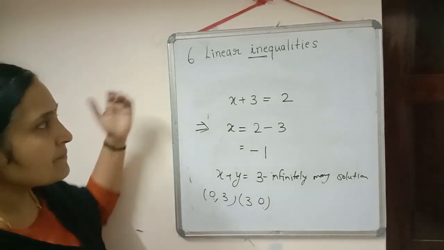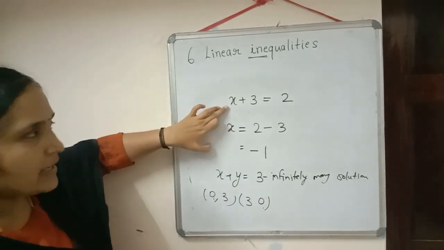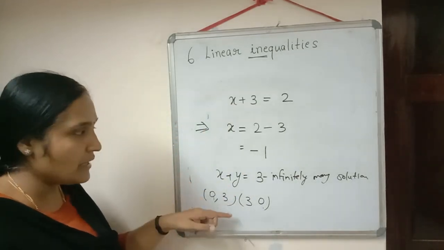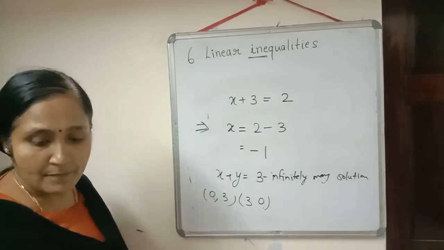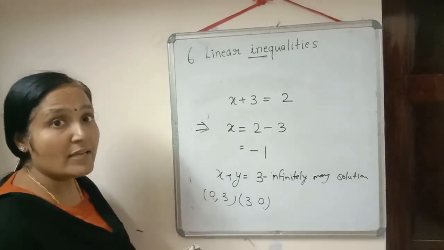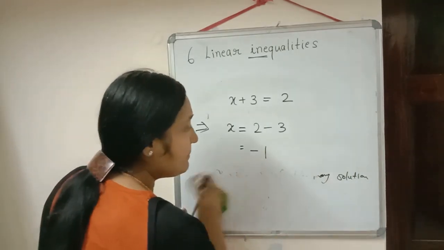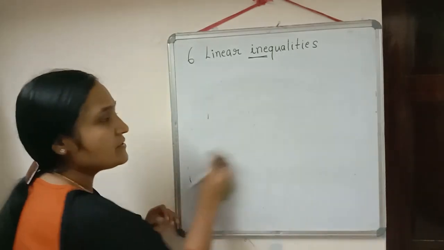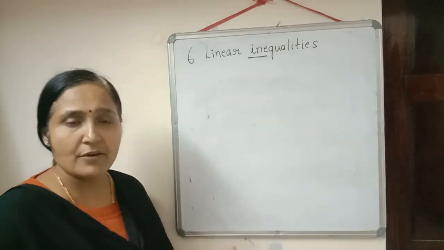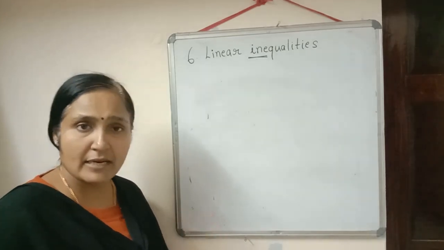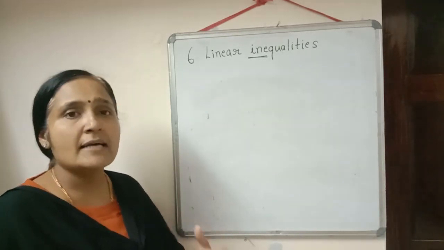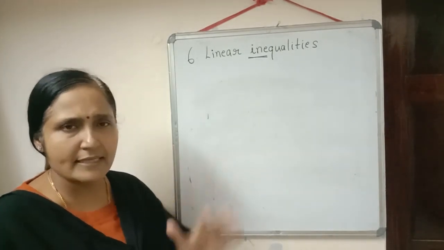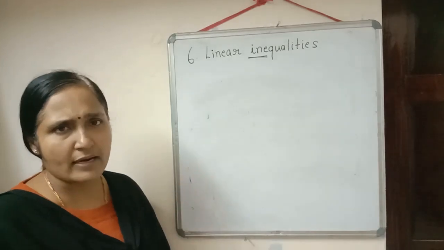So first, in the case of a linear equation in one variable, it will have a unique solution. Then a linear equation in two variables will have infinitely many solutions. But for a pair of linear equations in two variables, it depends on the value a1 by a2, which we studied there. Sometimes it will be a unique solution, sometimes infinitely many solutions, or sometimes cases will come where we cannot find a solution. All that we discussed in 10th class and lower classes also.